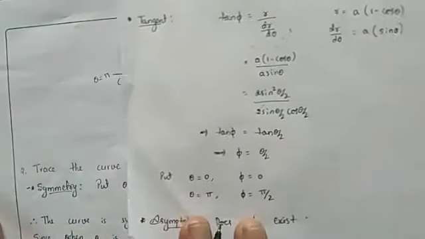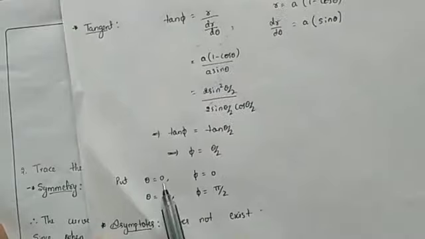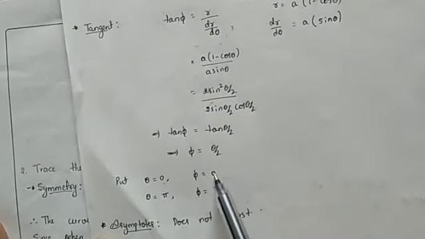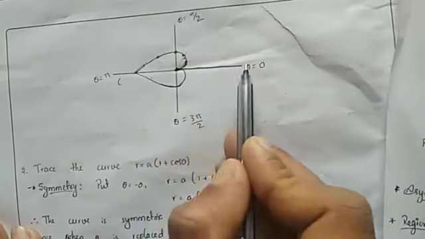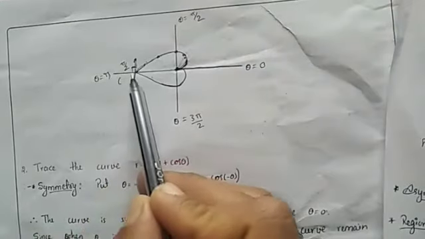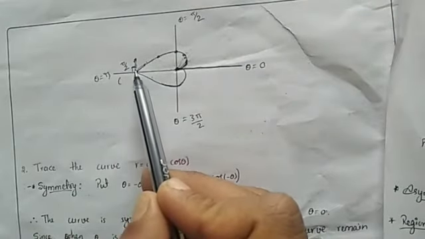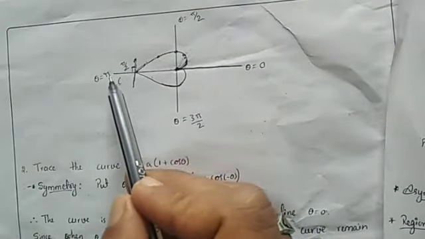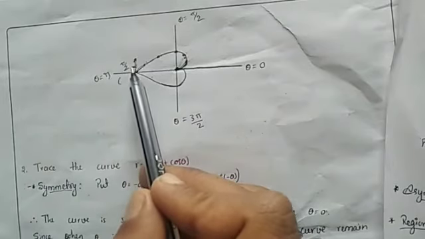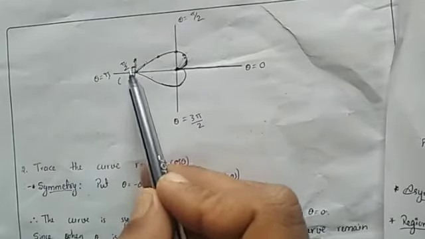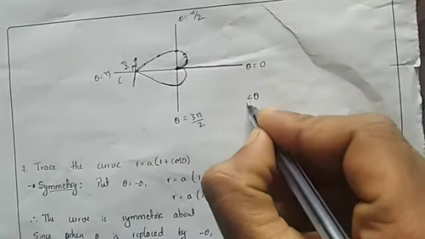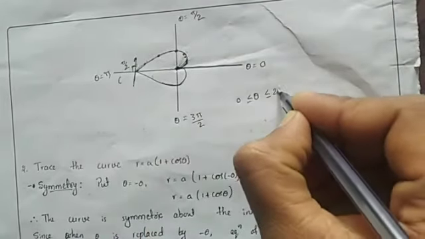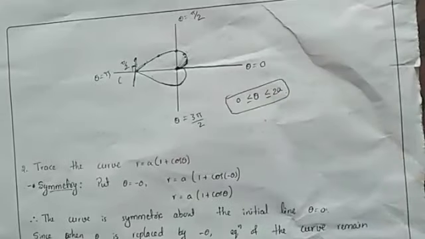The next point is the tangents at the other points. For theta is equal to 0, we get psi is equal to pi by 2, and for theta is equal to pi, we get the angle between the radius vector and the tangent at the point of intersection is pi by 2. So in this case, theta lies between 0 to 2a. That's the region of the curve.